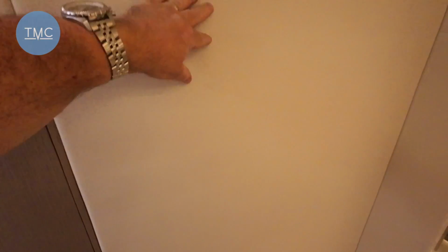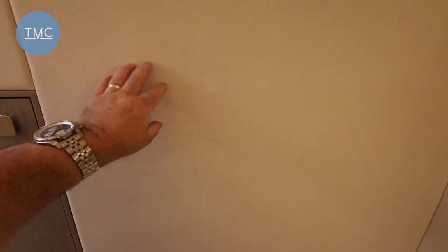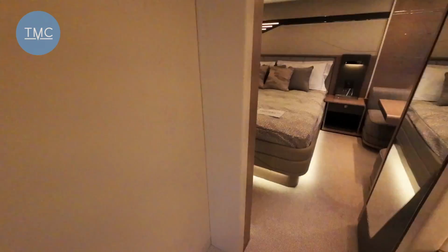Shut that one up. Also, I love all these finishes, all these wall coverings. They feel very practical because I can imagine they're quite easy to keep clean, but they look luxurious and they've got a soft touch and a slight grain to them. Anyway, into our